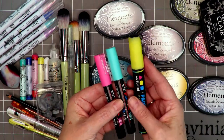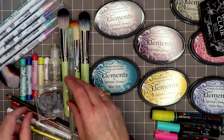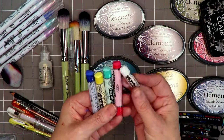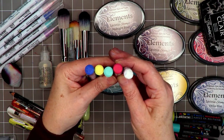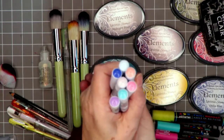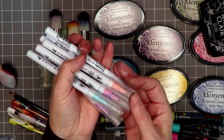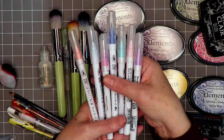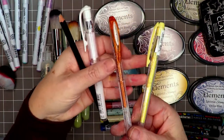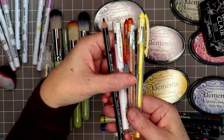Posca pens are important for this one. I've got a yellow, a turquoise and a pink. Also, I'm going to be using my pastel sticks, and you can see the colours there. It's like a blue, a yellow, turquoise, a red and white, of course. Some watercolour pens. These are Zig Clean Color, and there's peaches, pinks, blues, turquoise and also a pale purple. Some pens as well. I've got a yellow gel pen, orange sparkle, a white gel, and of course the Stabilo